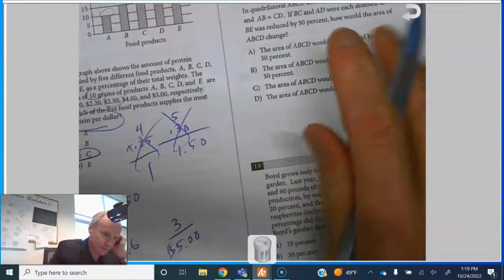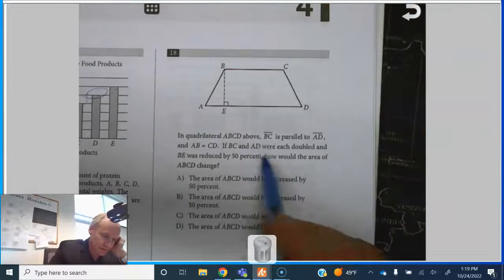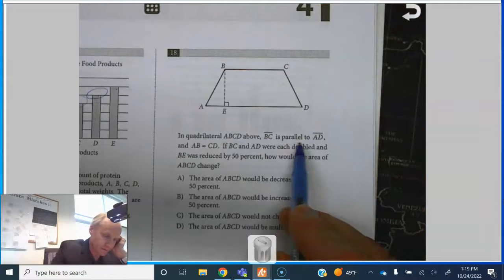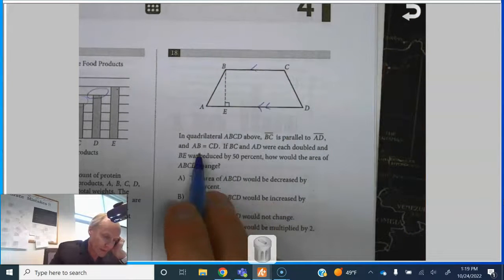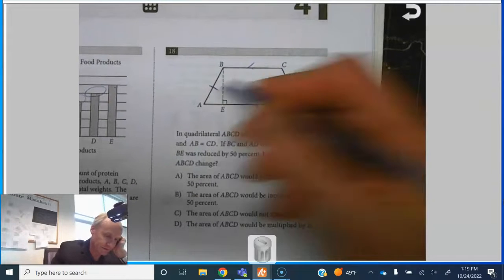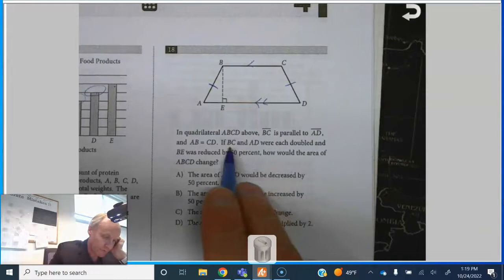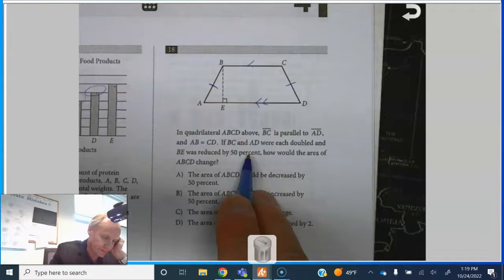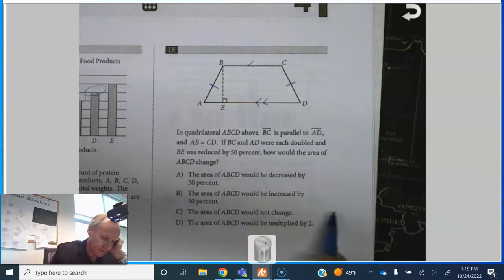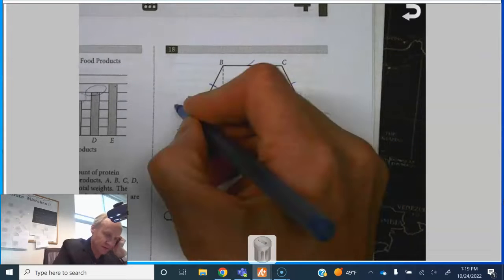In quadrilateral A, B, C, D, B above. BC is parallel to AD, meaning it's just simply a trapezoid. AB is equal to CD. This is an isosceles trapezoid. If BC and AD were each doubled and BE was reduced by 50%, how much would the area change? The area would not change, which is C, because